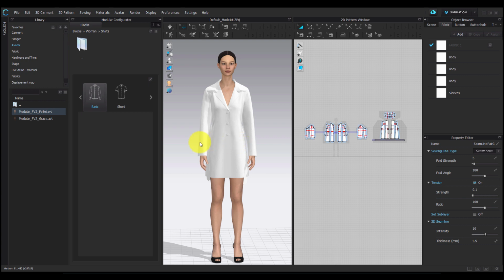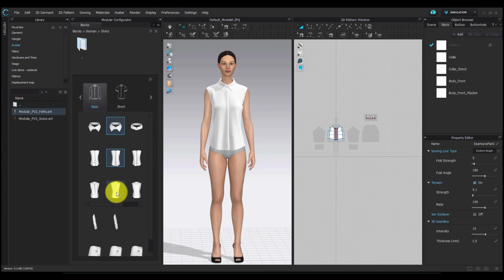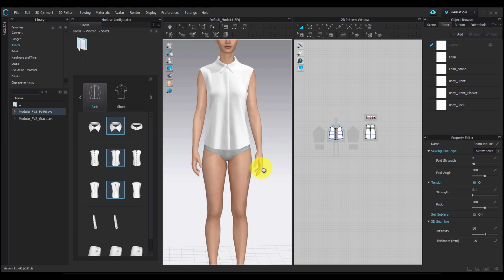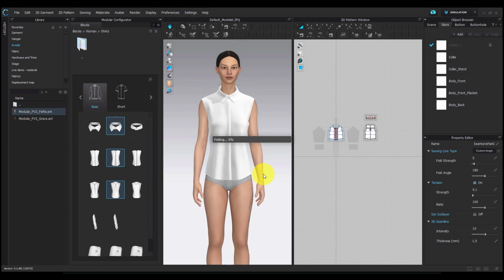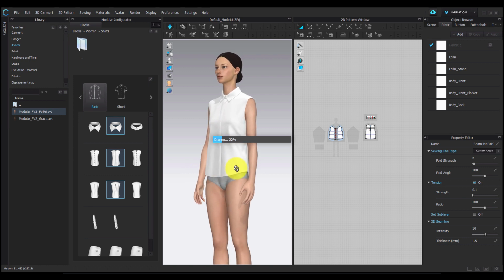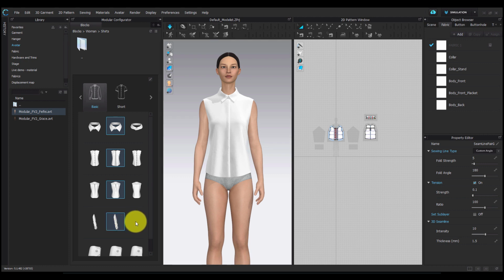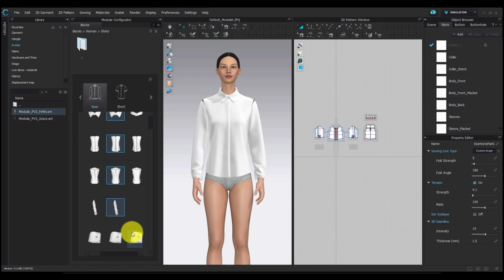Here I'm going to start my basic shirt, and like I mentioned before, once I add my different pattern blocks with a double click, I don't have to add all the garment components. I can create a garment without adding all of them, and here I can go ahead and create a sleeveless shirt and save that project file as well. I'm going to go in and add the sleeves and lastly the cuff.